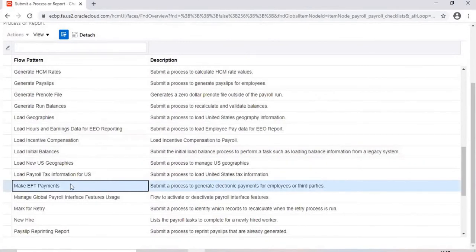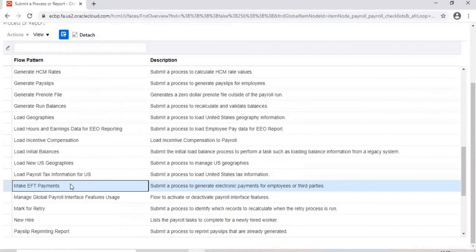Sometimes when you run this process, your employee's status will be changed from unpaid to paid, and depending on client to client, a file will automatically be generated and sent to the bank.